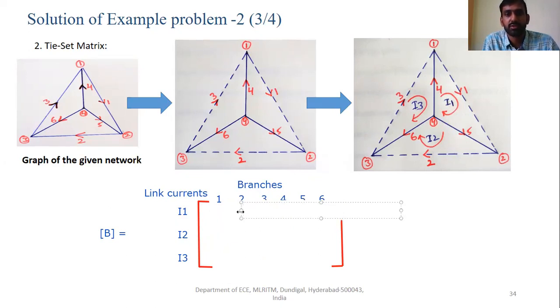With respect to 2 it is 0, 3 is also 0 because only 1, 4 and 5 are coming, and 6 is also 0.